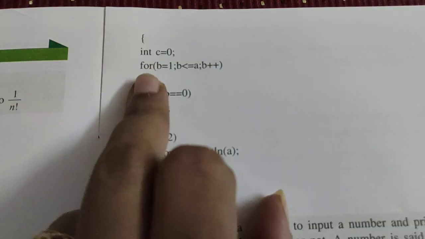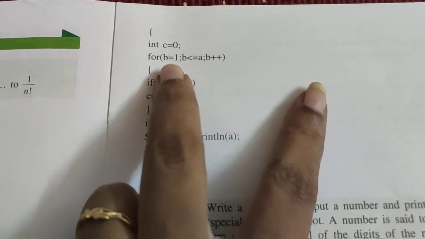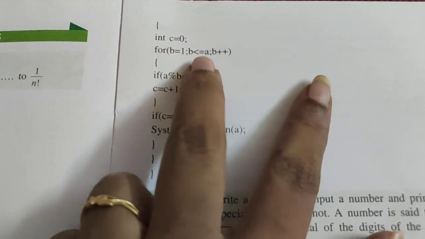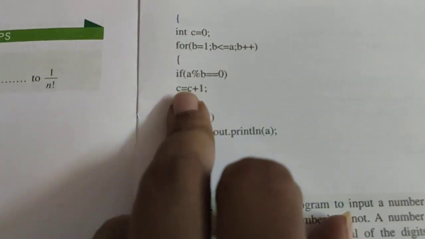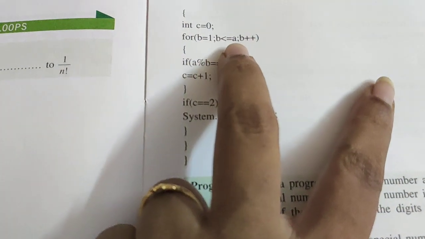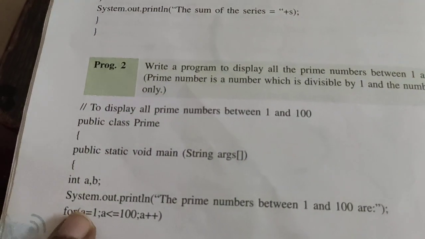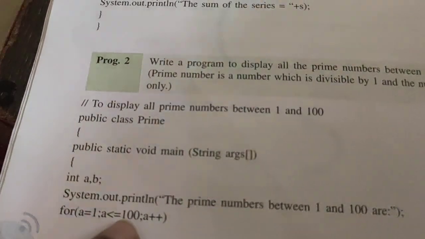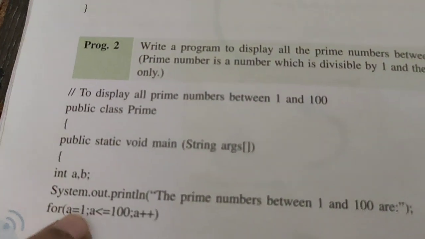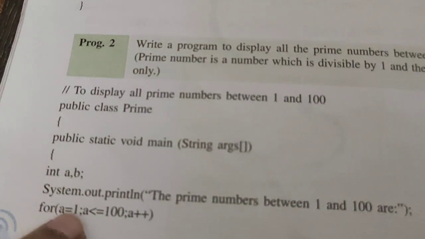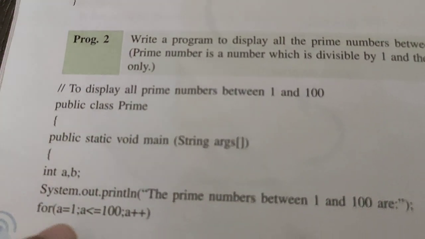In the second loop, for b is equal to 1 and b less than or equal to a, and b plus plus. See here, why they have given a here: whatever number you get here, from 1 to 100, you are going to check whether that number is a prime number or not. So whatever number you get here, first you are going to check whether 1 is a